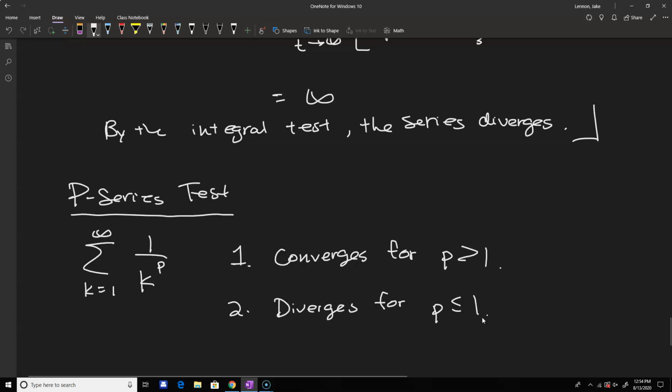So that's why we looked at the harmonic series. p was equal to 1, that's why it diverged. That's right on the borderline. That's kind of like the smallest p can be where it will still diverge. And if you look at something like 1 over k squared, p is 2, so it converged. The last one we just looked at, we had a square root in the denominator, so that was diverging, right? If we look back up,